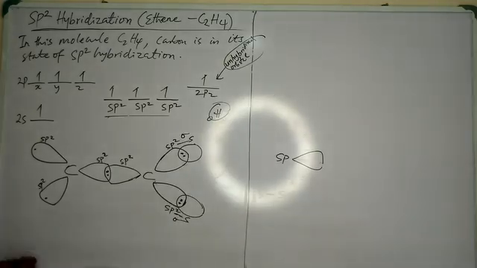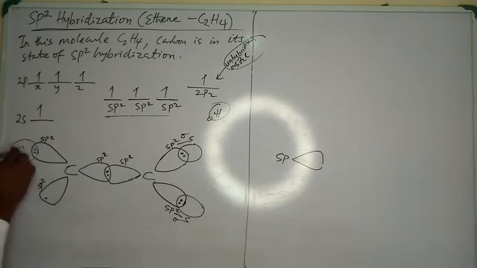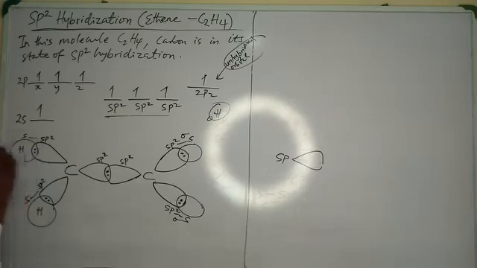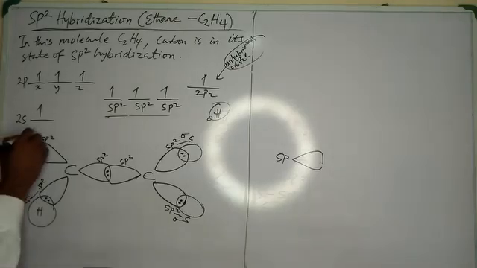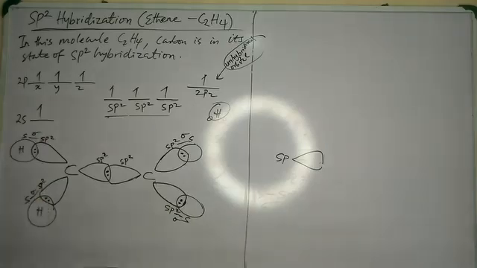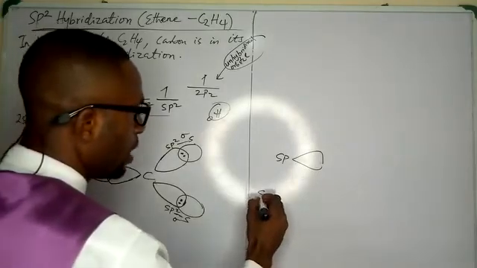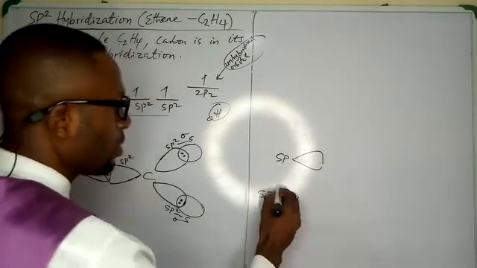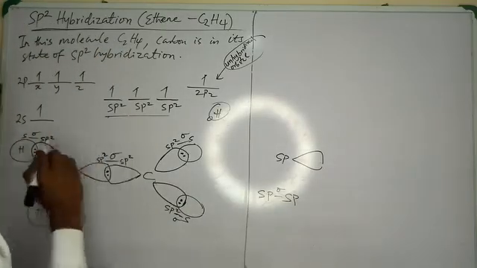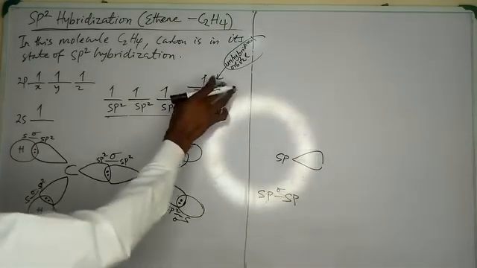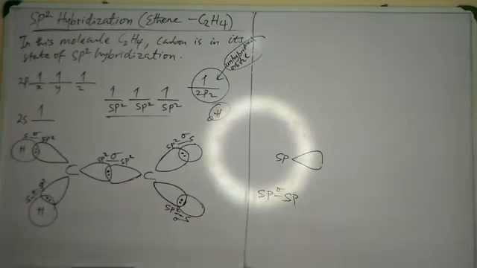Okay, fantabulous. Again, you have another hydrogen atom coming to make an overlap with this. Of course, this is an s orbital, and another hydrogen atom coming to make an overlap. Of course, this is an s. So you see it, an s to sp2 orbital overlap is a sigma bond, and this is a sigma bond, this is a sigma bond, this is a sigma bond. Again, I said it in the last lecture, any sp orbital overlap with an sp orbital is equally a sigma bond. So what we have here is a sigma bond.